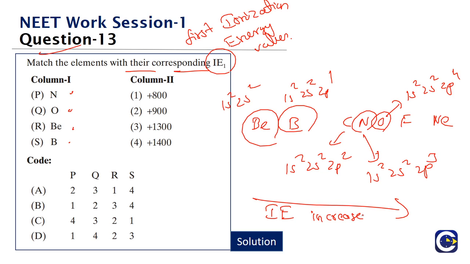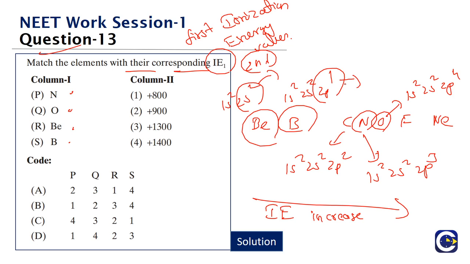But in any period, if you look at it, there are exceptions. What are these exceptions? The second group, which is beryllium, will have a completely filled 2s level, the ns level. Beryllium's arrangement is 1s2, 2s2. So here we have to remove the electron from the 2s level, which is already filled, whereas in the case of boron, we'll remove the lone 2p electron.